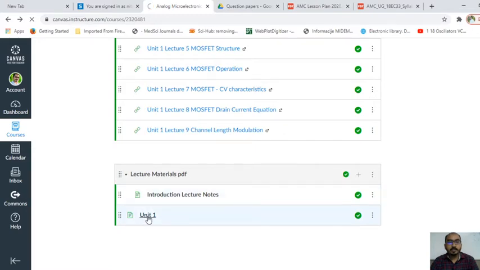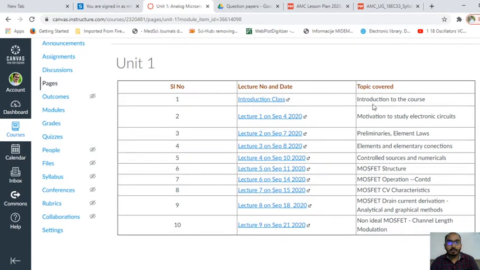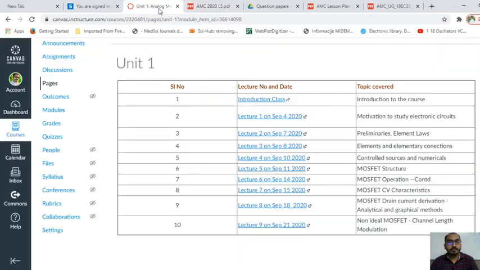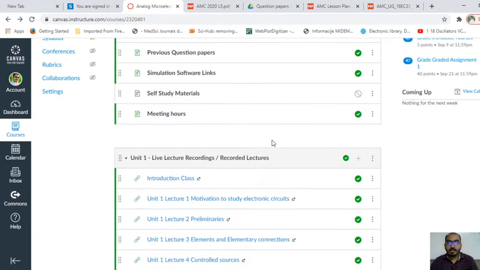So here, from Unit 1, what I am teaching currently, so far for all the classes, the corresponding date and the topics covered are presented, and if they click on this link, they will get the PDF of the lecture. That is also shared through Google Drive. This is the material. So this is about the content which I have added here.